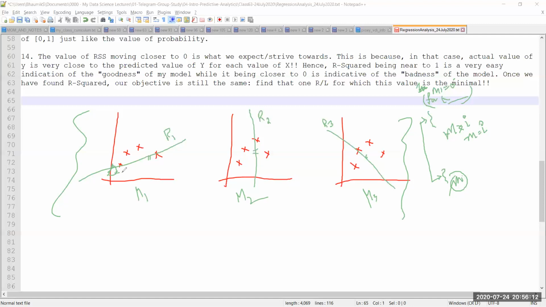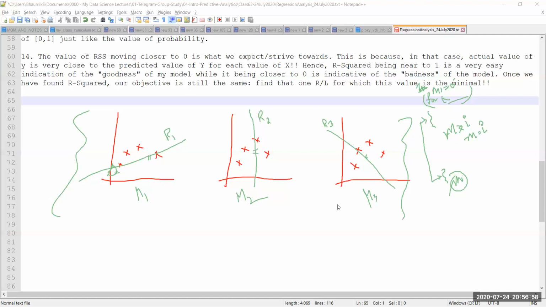So clearly this is an iterative kind of process, and the best mathematical way to do this, which we are going to discuss in depth, is known as gradient descent. Why is this called gradient descent? If you remember, in one of the sessions we touched on a very peculiar problem: I am standing on the top of a mountain and I have to come down. What is the best route I take to come down? So I take the same idea, and I try to find the regression line which gives me